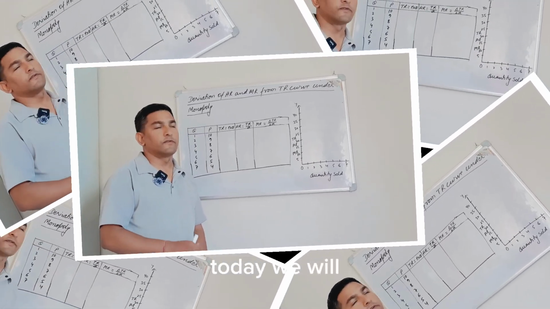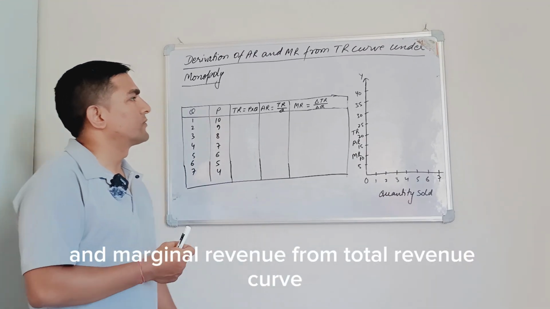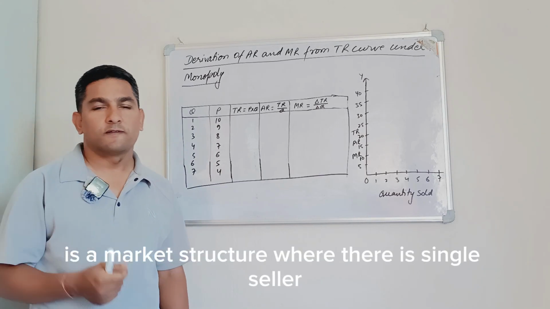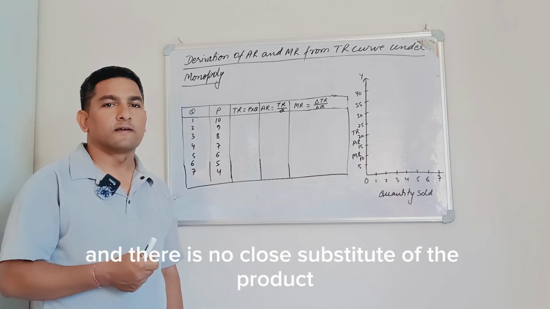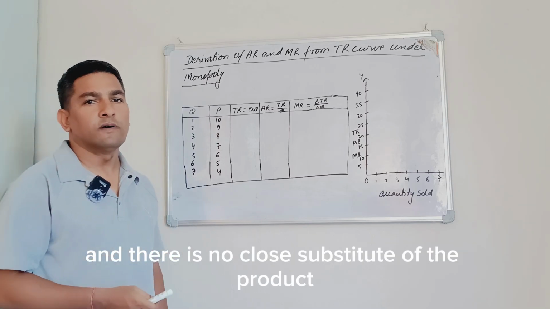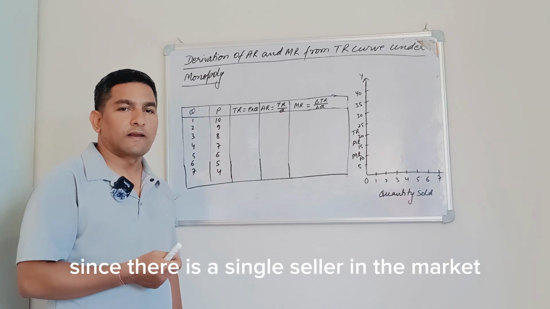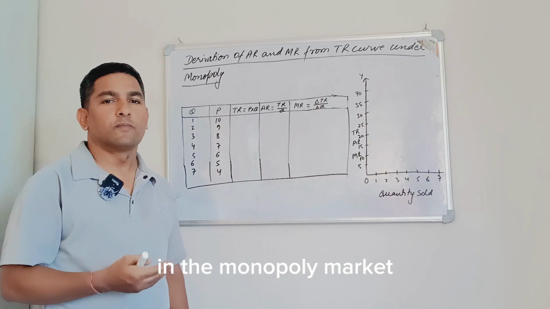Students, today we will learn about the derivation of average revenue and marginal revenue from the total revenue curve under monopoly. Monopoly is a market structure where there is a single seller and there is no close substitute of the product. Since there is a single seller in the market, the industry and the single seller are the same in the monopoly